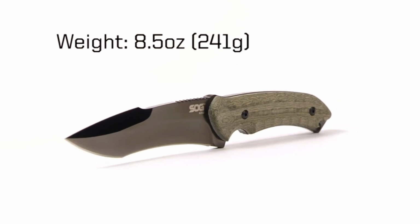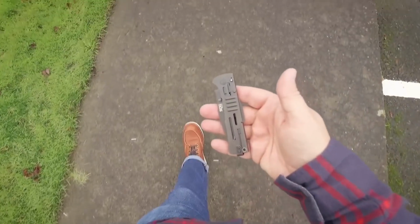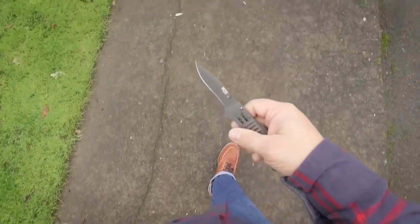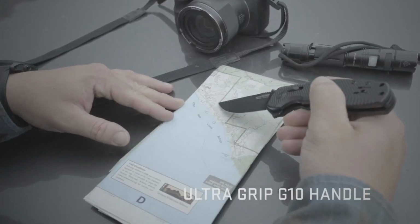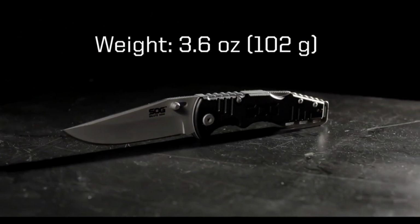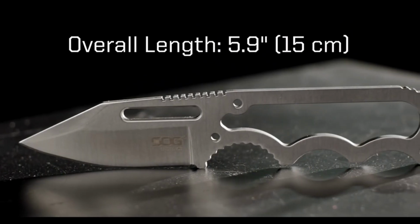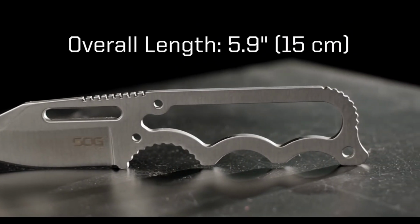SOG knives are renowned for their quality, durability, and precision. Crafted for outdoor enthusiasts, military personnel, and tactical professionals, these knives are built to perform in the toughest conditions. Featuring ergonomic designs and high-performance materials, SOG knives offer reliability and versatility, making them essential tools for survival, hunting, and